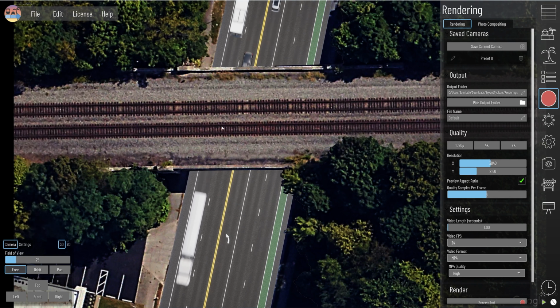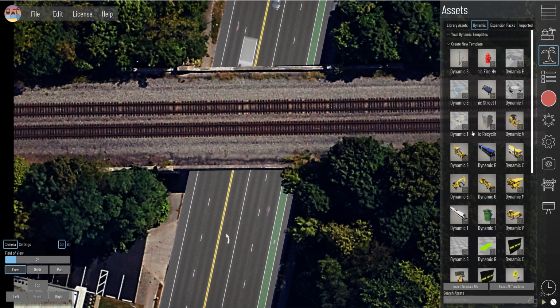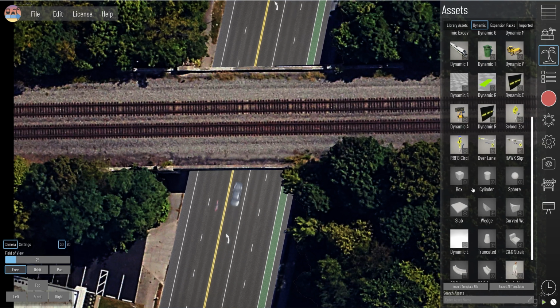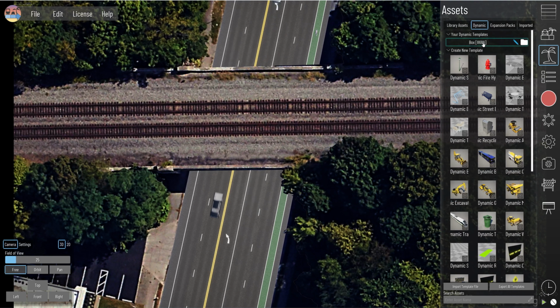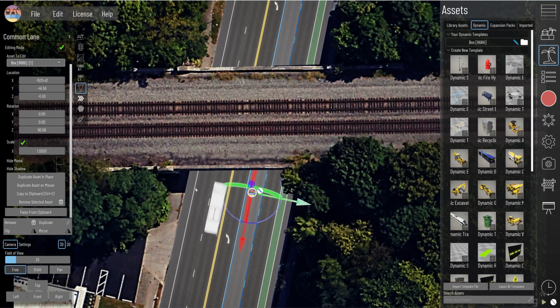All right, and then also we have this bridge here, and so what we're going to do is use a dynamic asset. Again, all we want from this is the shadows, and so we can use a box. I'm going to create a template, and then it shows up here, and then we can click and drag it. So now we have this box here, and we can scale it and match where it is so that it will cast a shadow down on the road. So let's make this box much bigger,